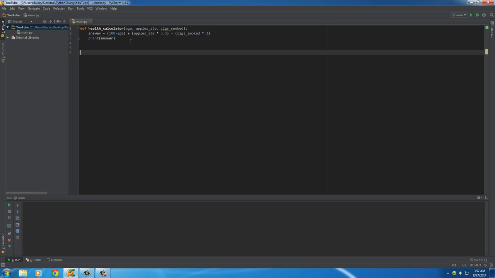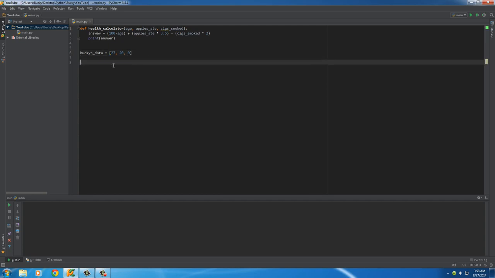So what we can do, of course, pass in three parameters here, which are three integers, and we can pass them in a couple different ways. So say that we had a list, and we'll say I don't smoke at all, so 0. So I'm 27 years old, I eat 20 apples a week. I really don't, and I actually never smoked a cigarette in my life, because if you do, you are an